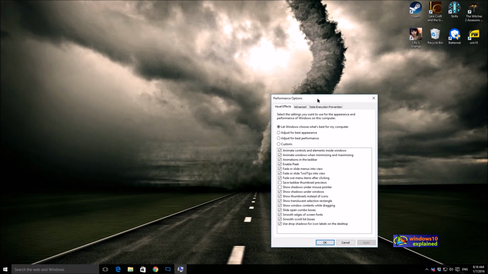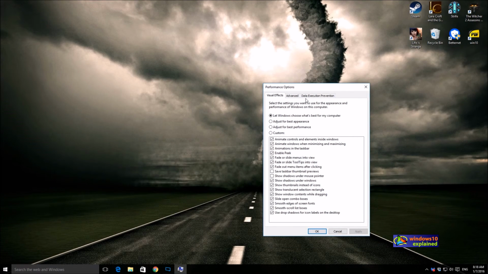Okay, here you need to select adjust for best performance. Okay, this will uncheck all the animations for Windows and other extra visual settings like peek